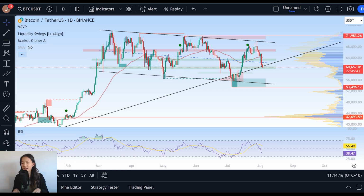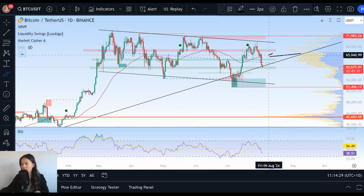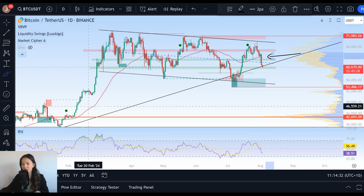Alrighty guys, so diving right into our macro analysis. Let me really quickly recap what I spoke about in my last video because it has a lot of significance here. In that last video, there were two key things that we talked about on this chart that held a lot of significance. That first one being the 50-day moving average, this red line that we can see here,